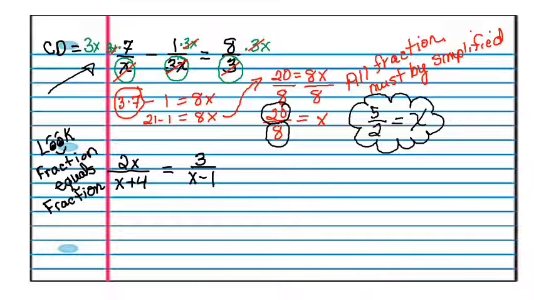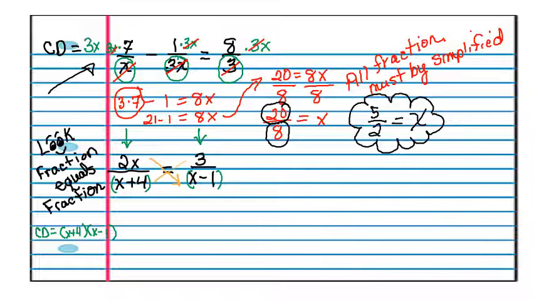Okay, next one. We got x's up top, we got x's down bottom. Yes, we could use a common denominator, and I'm just going to write it over here just for the sake of practicing finding a common denominator. Remember to take all your binomials, put them in parentheses. Keeps everybody happy. One of each. Common denominator would be x plus 4 and x minus 1. Now, yes, it's very true. You could actually ditch the demon, multiply everybody by the common denominator. But since this is a fraction equals a fraction,